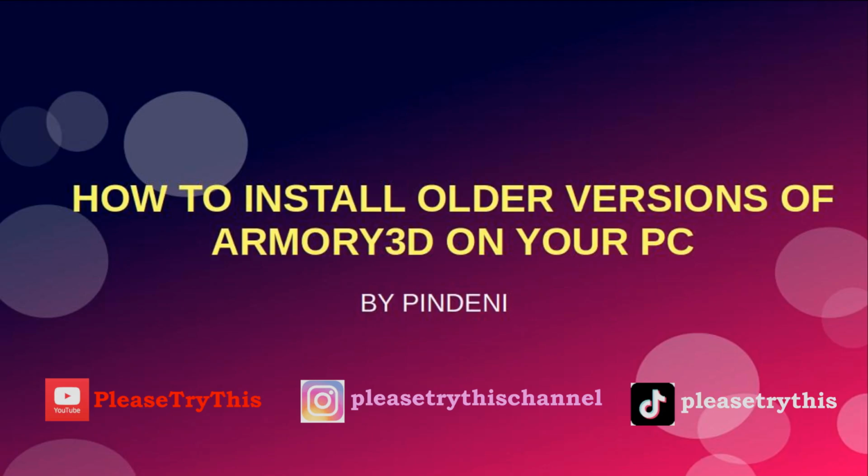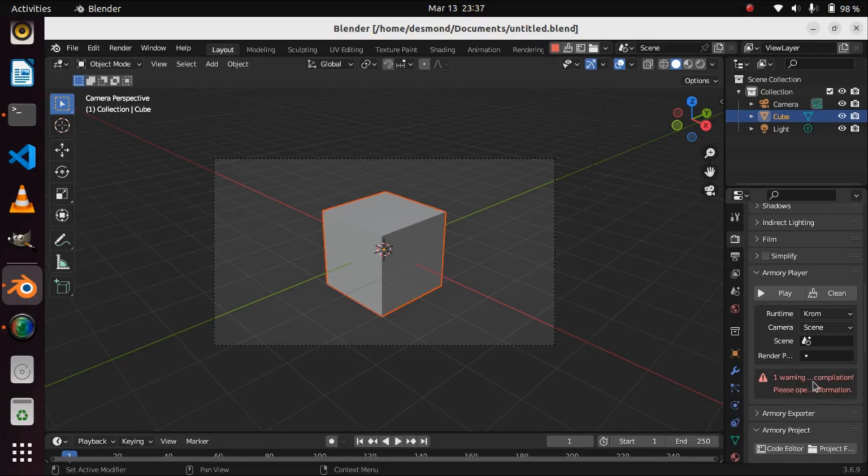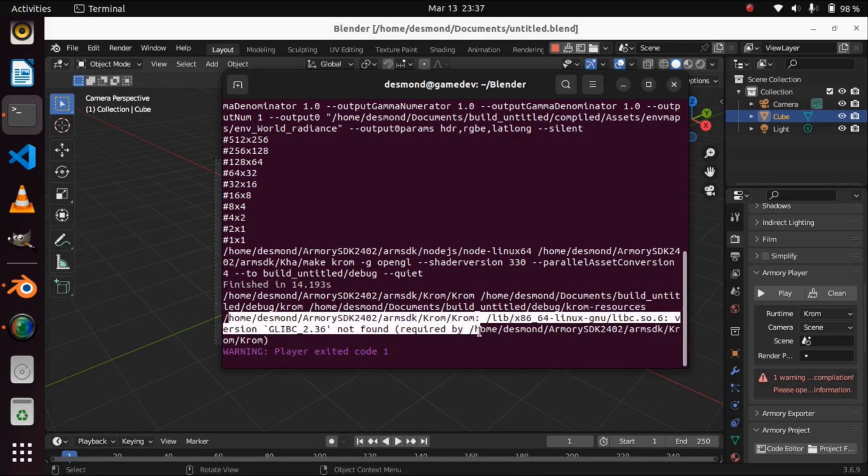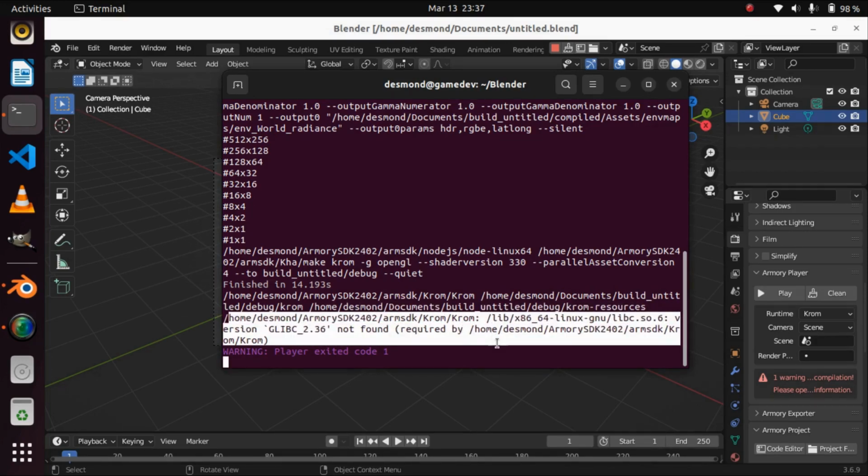How to install older versions of Armory3D game engine on your PC. Yes, I know you may be wondering, why would anyone wish to install an older version of Armory3D while these new ones are there? Well, there are several factors that may lead to one game developer reverting to older versions